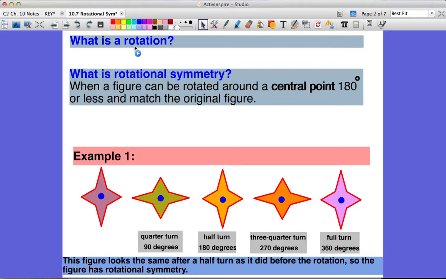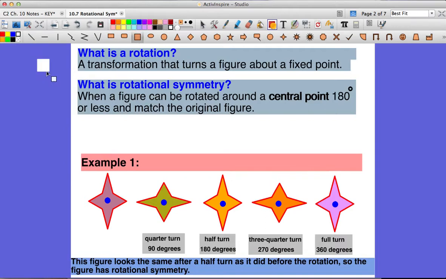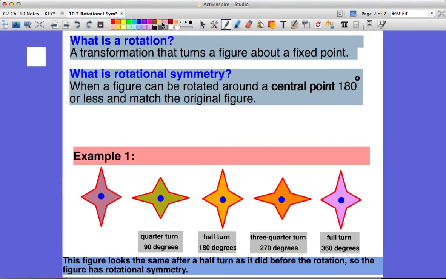First, we need to know what is a rotation. A rotation is a transformation that turns a figure about a fixed point. Right, so if I have, let's use a square, and then I can have a point. Rotation is when I take that square and I move it